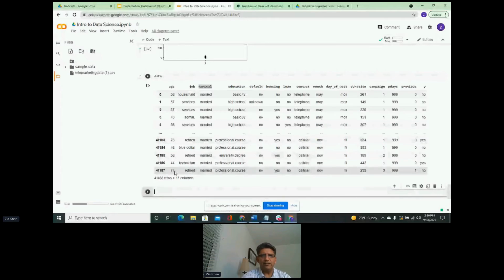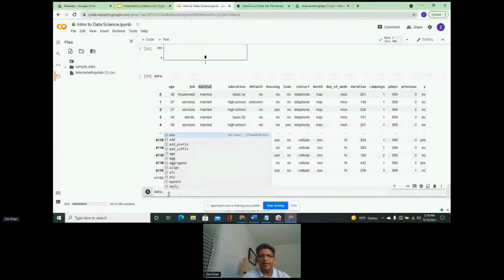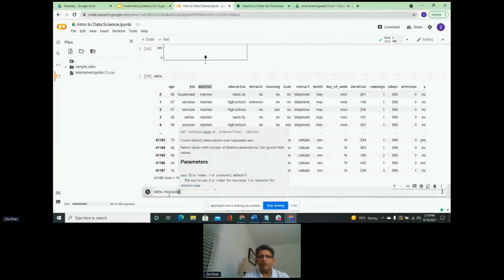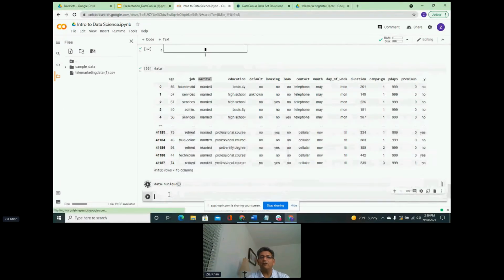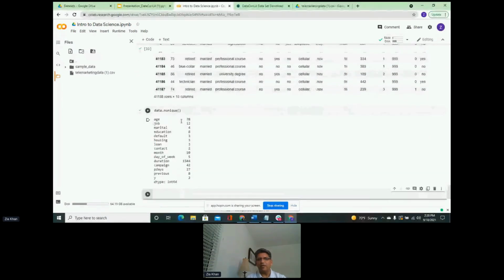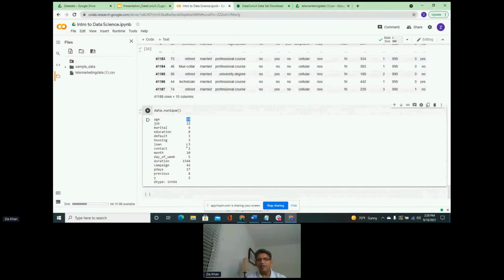How we do it is we go data.nunique, the function that we used earlier, and we are going to try and find out the unique values for each and every feature in our data set. And you can see we have age at 78 unique values. The target feature has 2 unique values, and duration has 1,544 unique values.